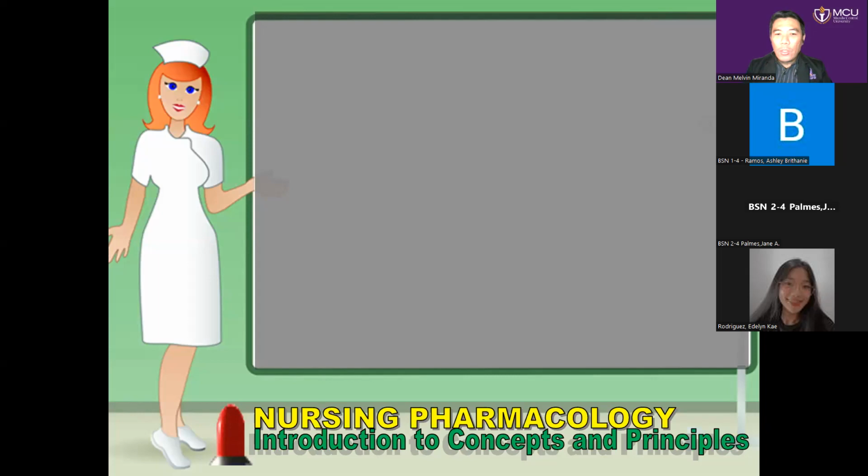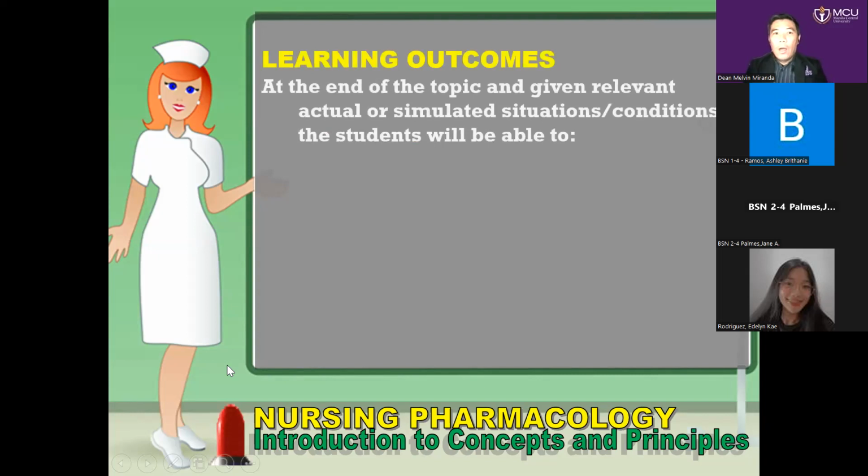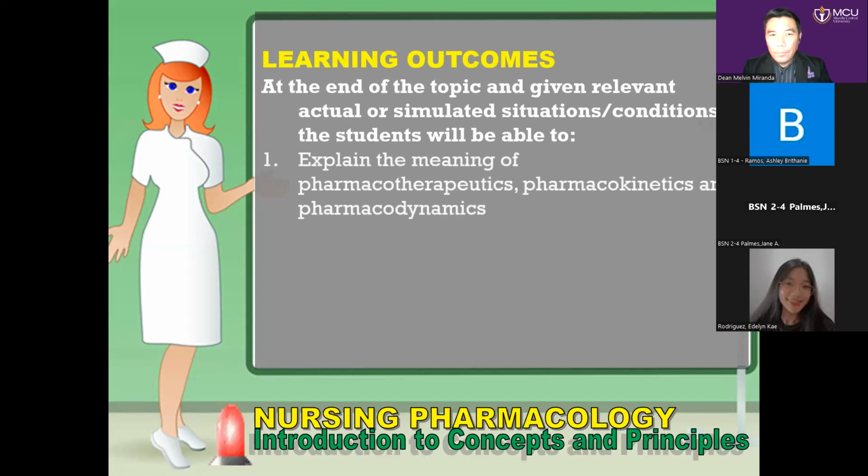In the introduction of the concepts and principles of pharmacology, each student is expected to have the learning outcomes. At the end of the topic, given relevant, actual, or simulated situations or conditions, the students will be able to explain the meaning of pharmacotherapeutics, pharmacokinetics, and